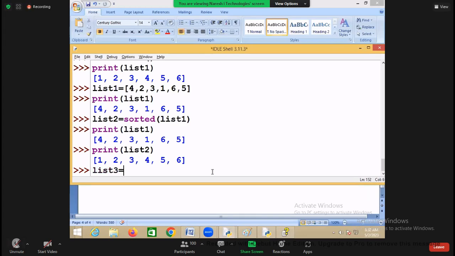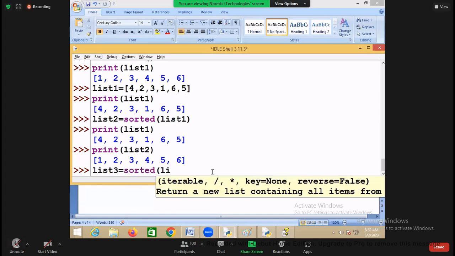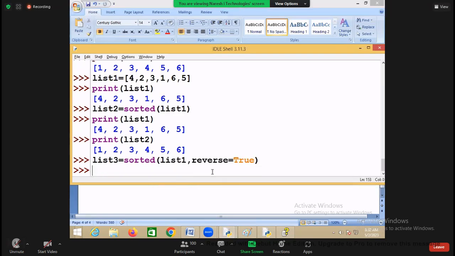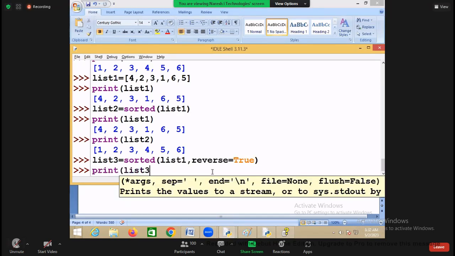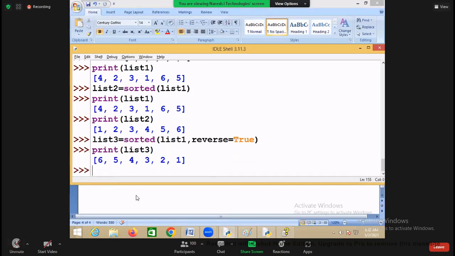List 3 equal to sorted of list 1, reverse. Okay, reverse equal to what here? True. I said reverse equal to true. Now list 3, this is in which